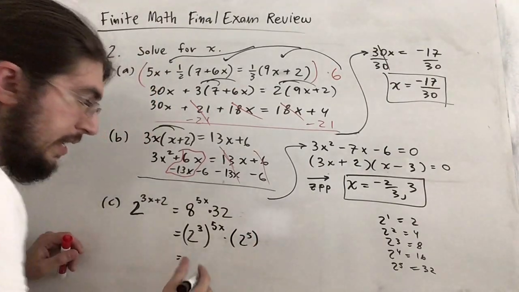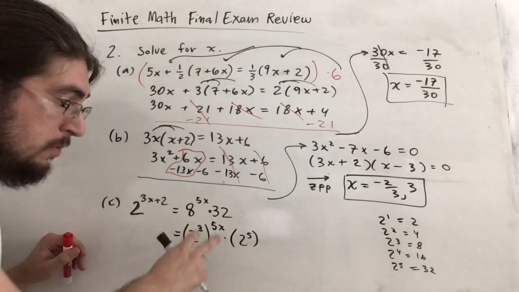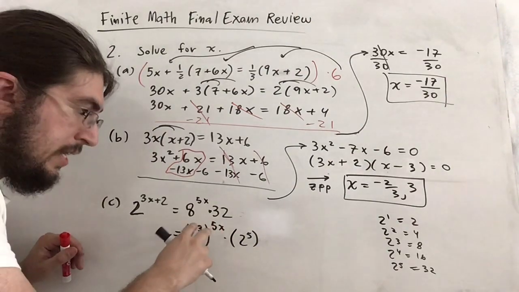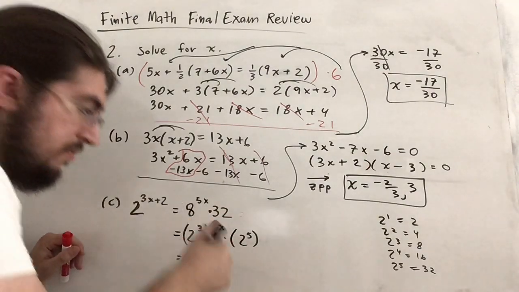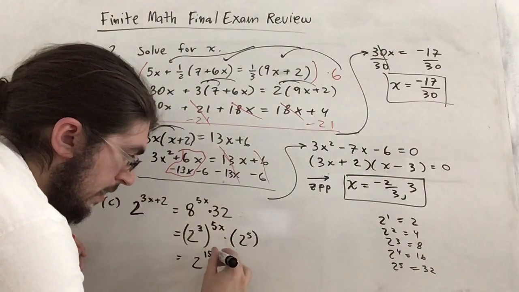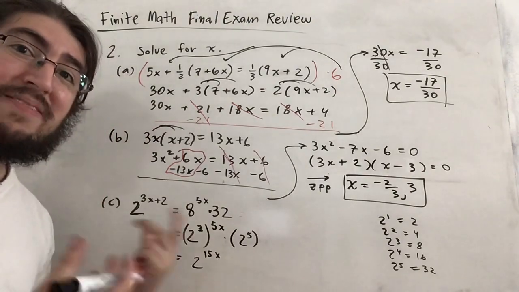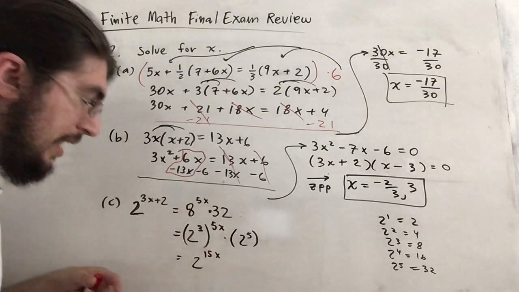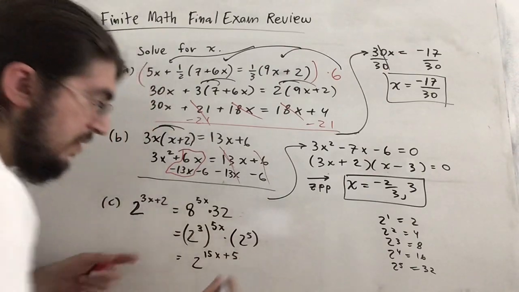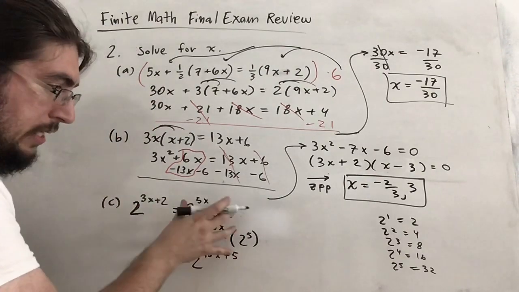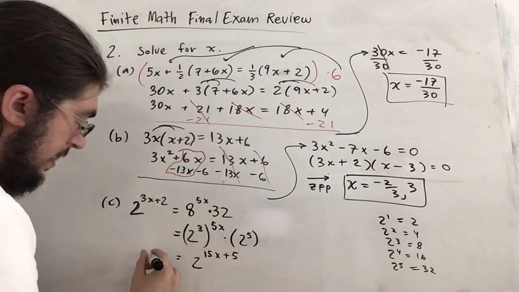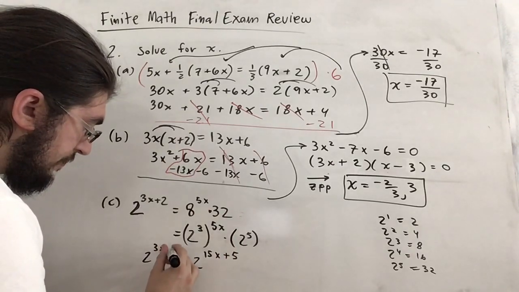So in actuality, if we recall exponent properties, we can multiply these ones and then add that to this exponent. So altogether, this is 2 to the 15x times 2 to the 5th, but since they have the same base, we can add the powers. So 15x plus 5. So this is the same as this for that side. Now on the left,